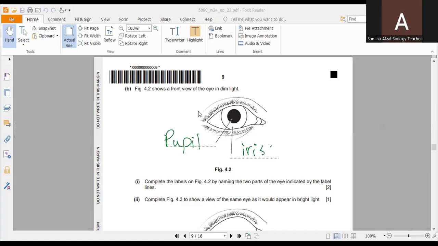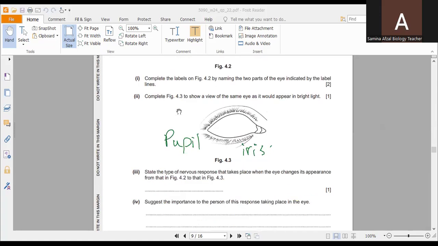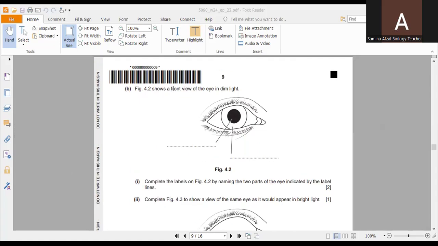I'm not going into these parts in detail now because they are very common parts which you all know very well. So we have completed figure 4.2. Figure 4.3 shows a view of the same eye as it would appear in bright light. In dim light, you can see the size of the window. The size of the pupil is decreased